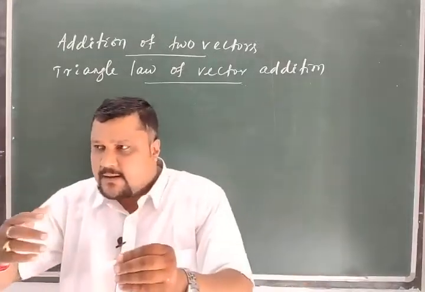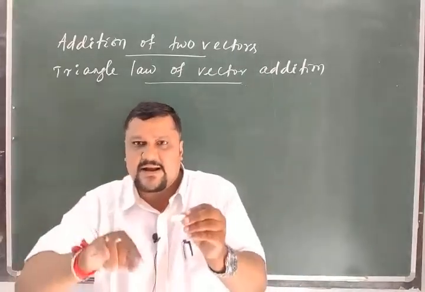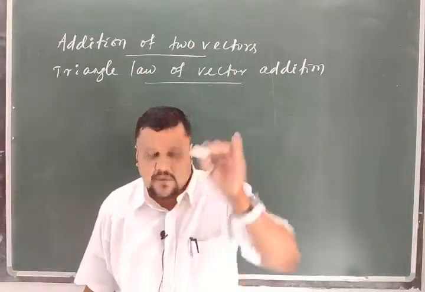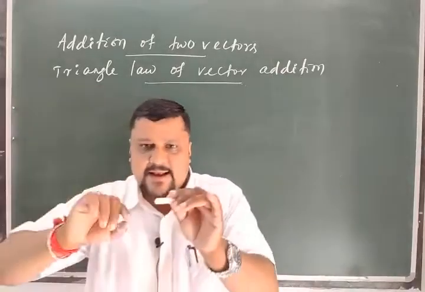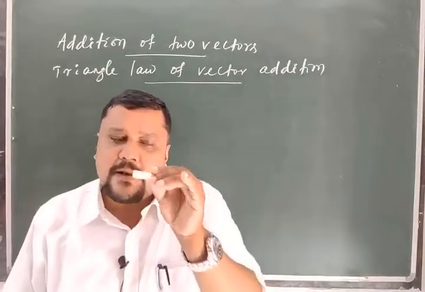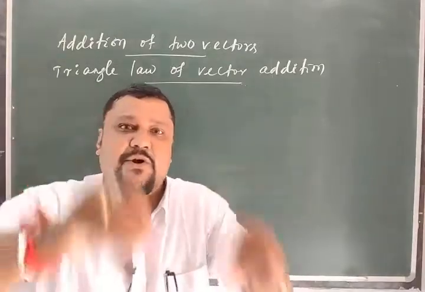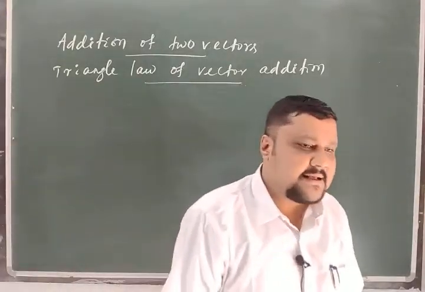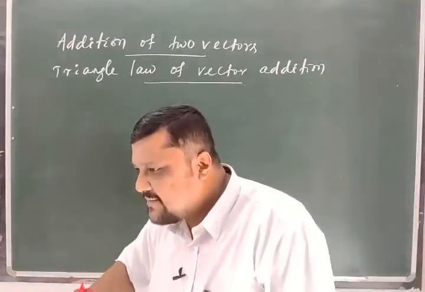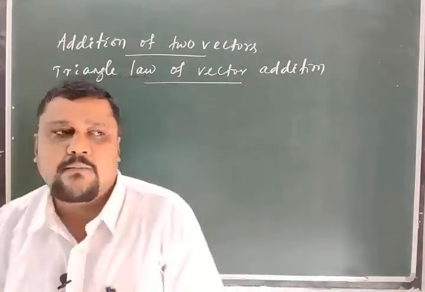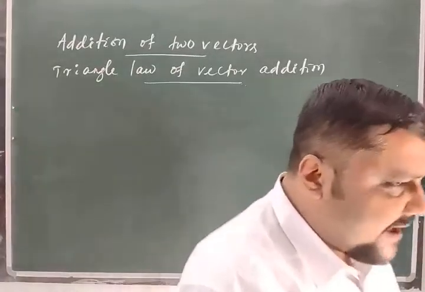Then I say that if I use 5 Newton, what will happen? If 5 Newton is the resultant of 2 Newton and 3 Newton, then if I use 5 Newton, the body will move the same. What happens when 2 Newton and 3 Newton act simultaneously? Both the effects of 2 Newton and 3 Newton are given by the 5 Newton force. So here we will find a term called the resultant.